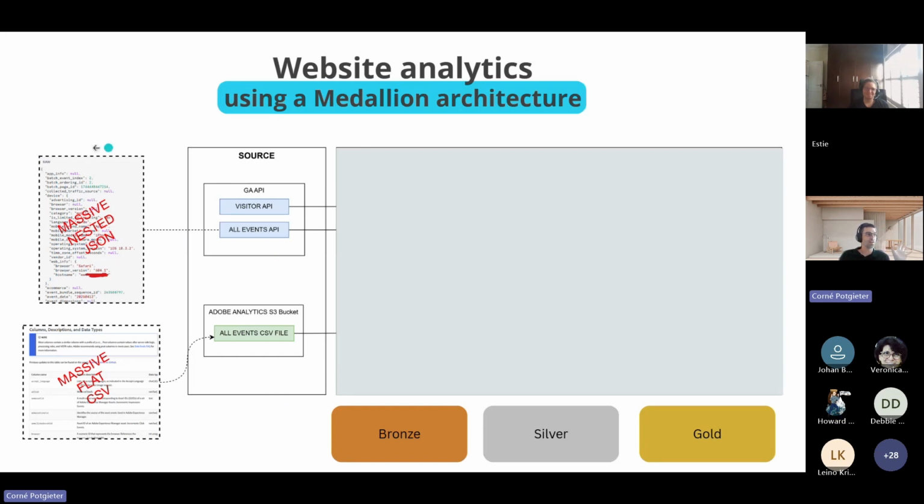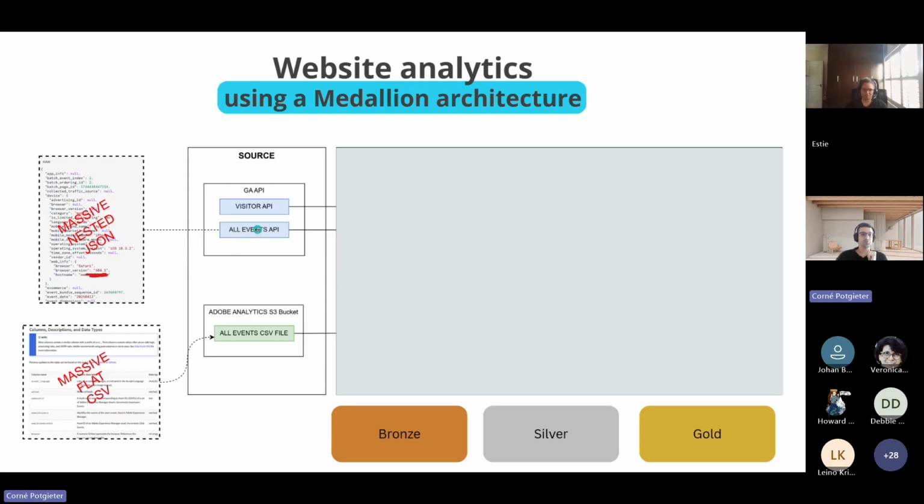But yes, Google Analytics has more of an API endpoint, and basically what you have is this very massive nested JSON, which simulates the structure that I showed in that operational model. You have the events, the sessions, the visitors, and so on. Whatever you've configured on your website, you can collect that information. But just assume it's a massive nested JSON file. Adobe Analytics, and also assume that you have both of these tools.